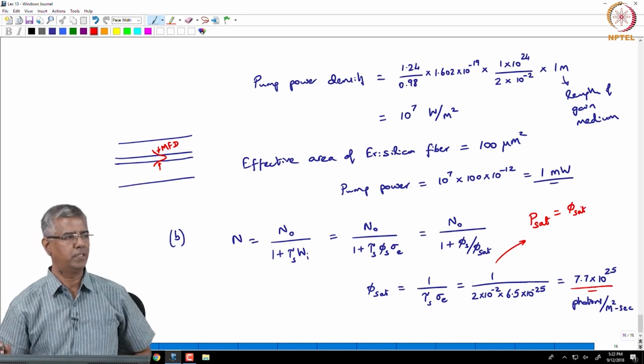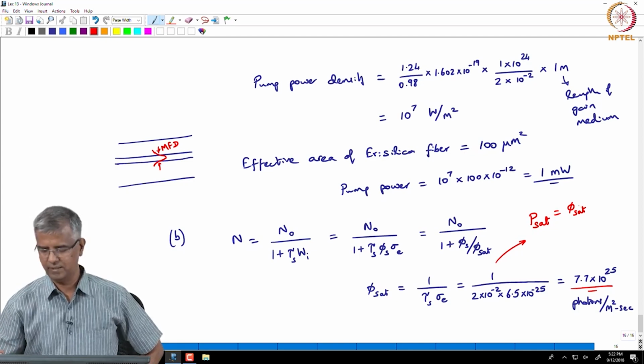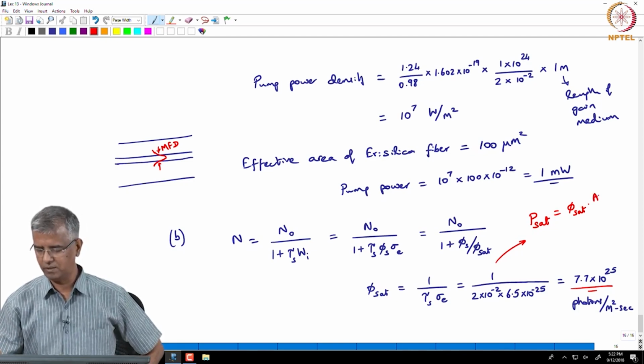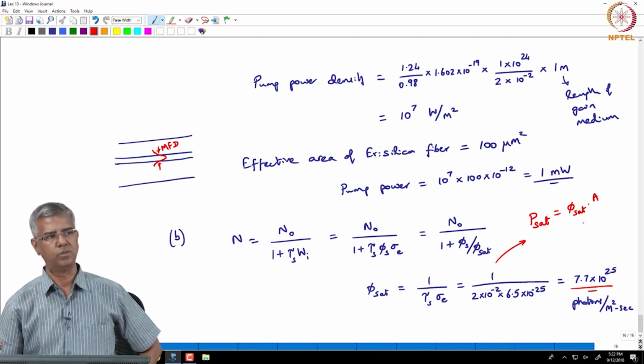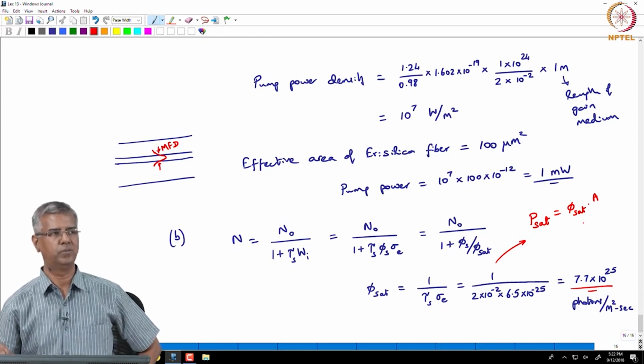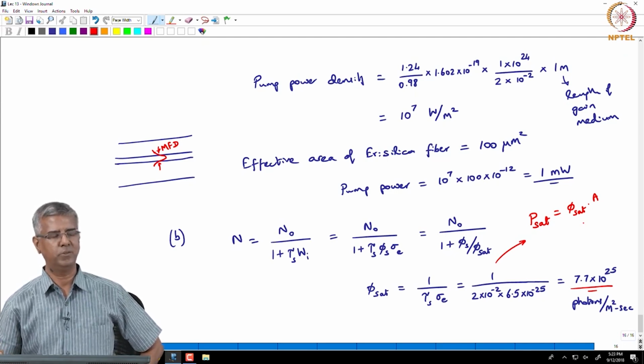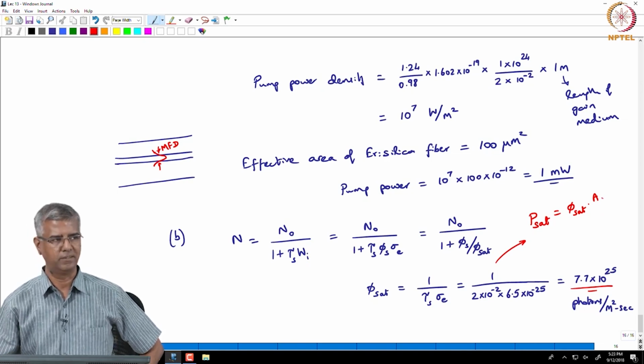What do you have to multiply this by? Area for sure, the area of cross section, and what else? So, that gives you flux. From flux to power, what do you need to use? Energy,